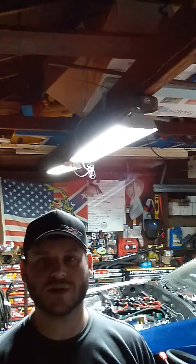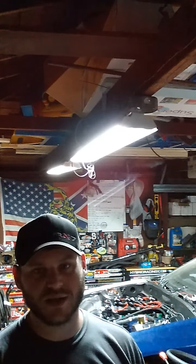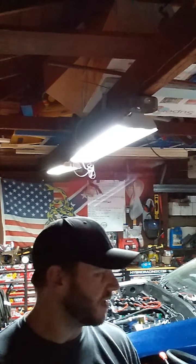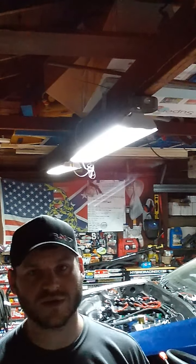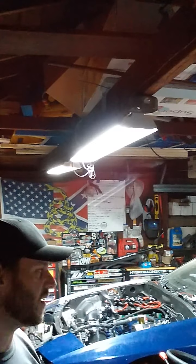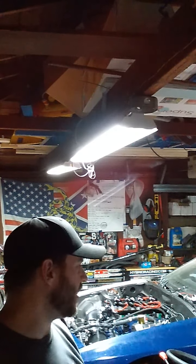So anyway, I ordered another braided clutch line. I went ahead and got front and rear strut bars just to kind of tie everything up. I don't want it to be super duper go-kart stiff, but I want everything to work together in harmony. Plus, I like the way a strut bar looks, but anything I can do to make the chassis more rigid and handle better, I would like to, because I consider that a safety. So I went ahead and got those,